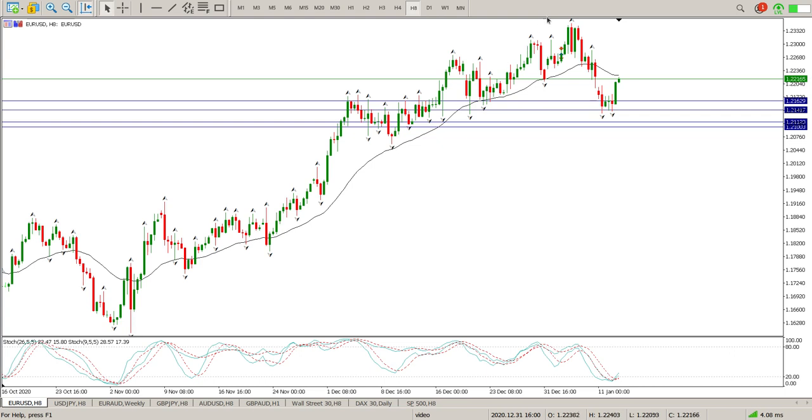So we had a pullback. We had a little bit of a range form here, a few bar range, and then we broke out. It was tempting me last night, but it was pretty close to the close, so I didn't want to risk that. But it does look like that's played out. It has retraced into a fairly interesting area here,